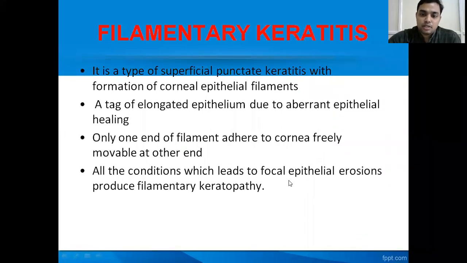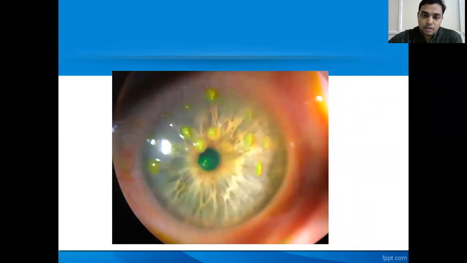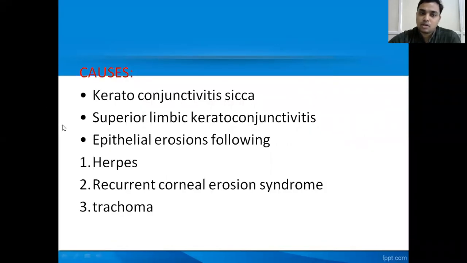All these conditions which lead to focal epithelial erosions produce filamentary keratitis. When corneal epithelial erosions are formed in these conditions, there is a chronic dryness, that is keratoconjunctivitis sicca, and in case of superior limbic keratoconjunctivitis, and in case of epithelial erosions caused by herpes or due to recurrent corneal erosion syndrome or due to trachoma infection, there are continuous chronic epithelial erosions where there is a damage to the epithelium,